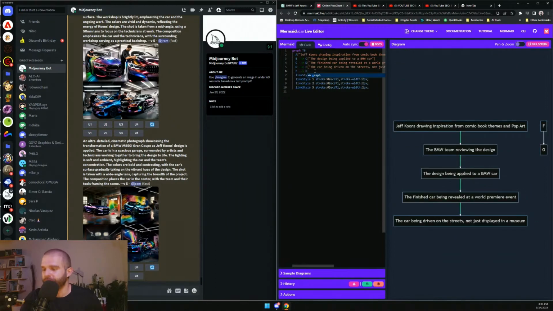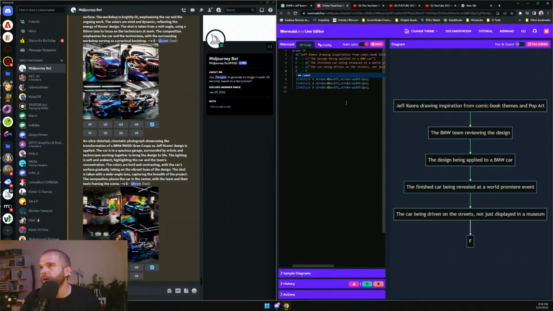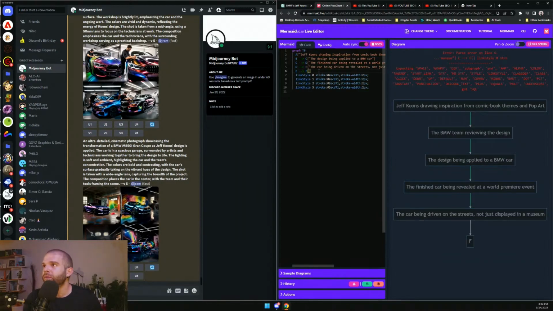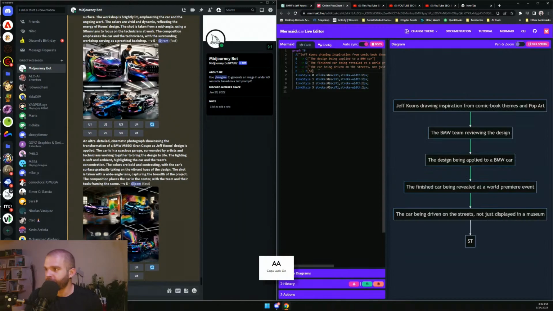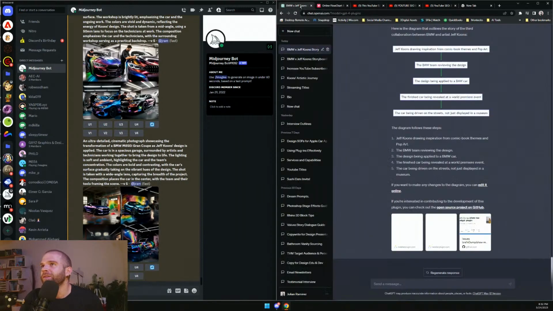Oh no, that's supposed to be E. I kind of did it though. I created a new line of text down here that just says F, bracket, story ends. I don't know how to code, but I can hack. Okay, there's got to be an easier way to do that, but I'm not going to dive that deep into this plugin right now,